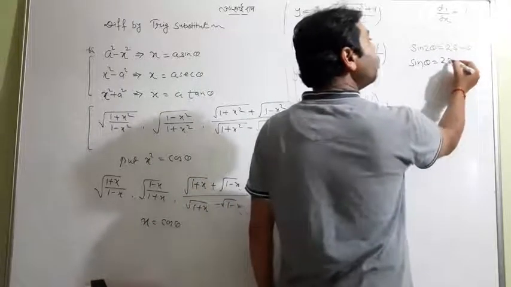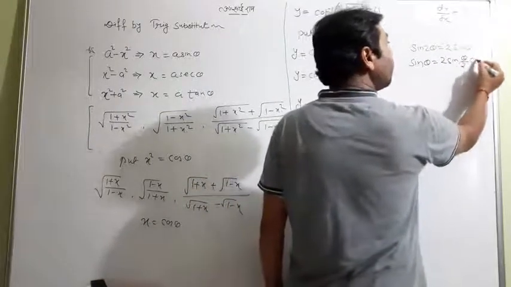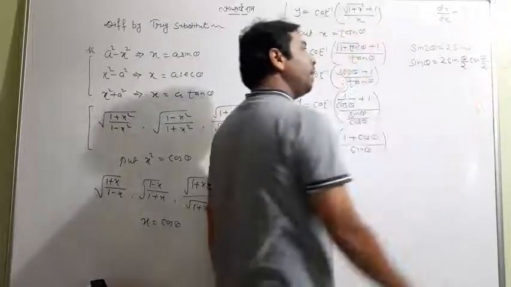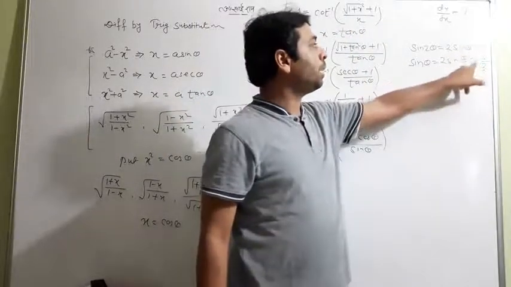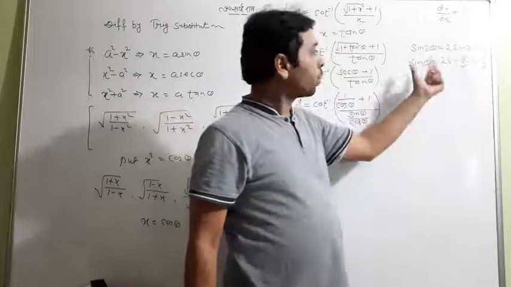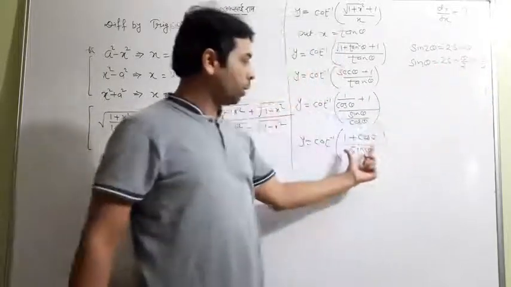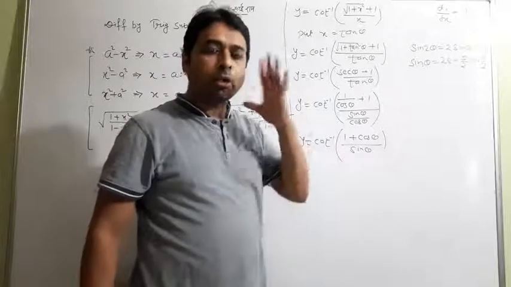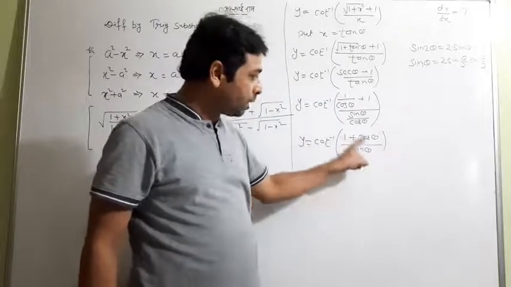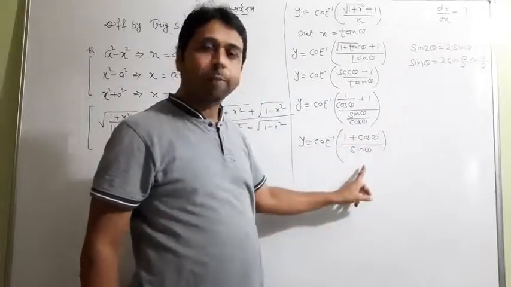You divide by 2 in all the angles. Look at the thing, you divide all the angles. 2 sin theta by 2 and cos theta by 2, it will happen. So sin theta is equal to this, you have to put here. Why am I putting this? Because I already told you that you have to create the term either cot or tan here. So you have to simplify that.